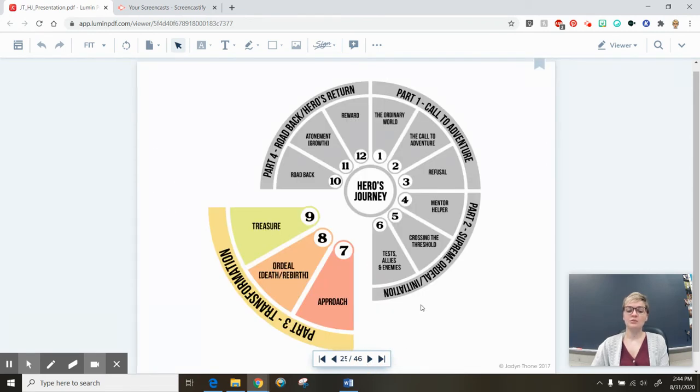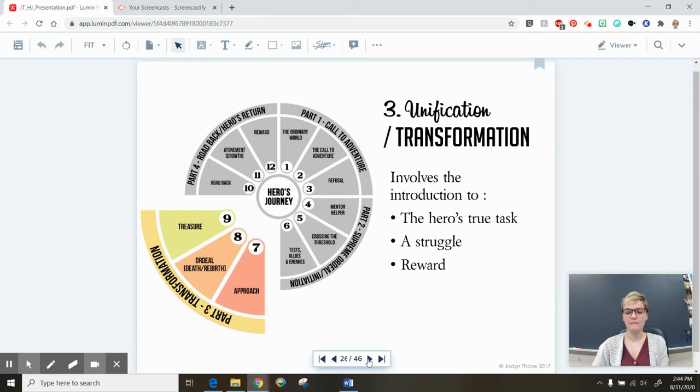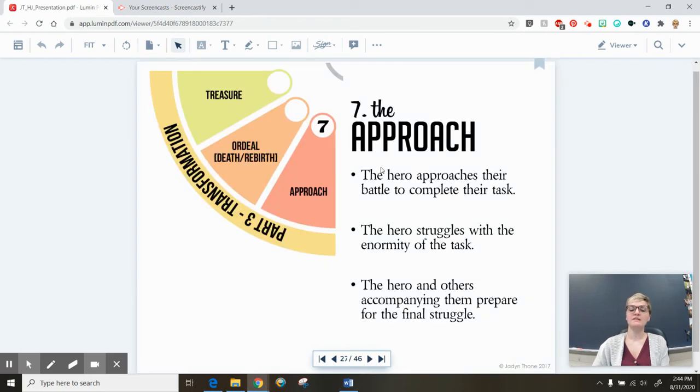So then, if you think of the story plot pyramid, now we're on to the climax of the story. So the biggest battle. The approach is like the lead up to that one moment. So maybe this is going down a big hallway to face that final Bowser boss.